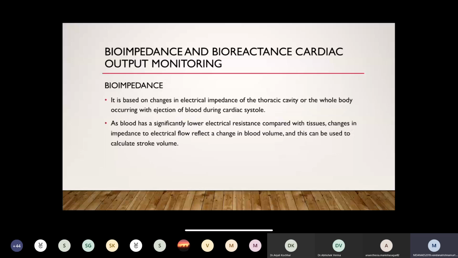For bioimpedance measurement, disposable electrodes are applied to the skin surface along the sides of the neck and lateral aspect of the costal margin for thoracic bioimpedance, or to the four limbs in the case of whole body bioimpedance. A high frequency, low amplitude electric current is applied and voltage change is measured. Patient height, weight, and gender are used to calculate the volume of the thoracic cavity. The bioimpedance cardiac output is computed for each cardiac cycle and continuously displayed as an average value over several heartbeats.